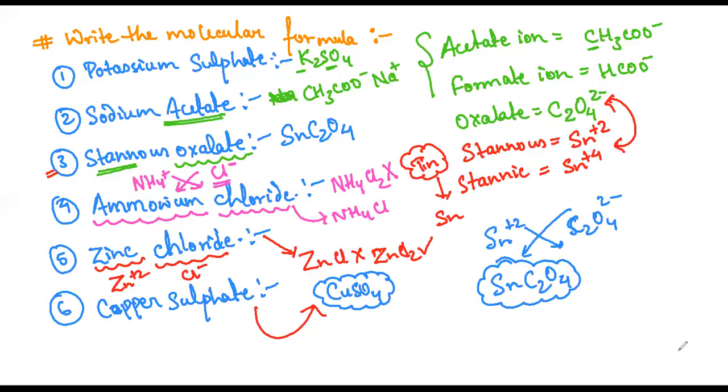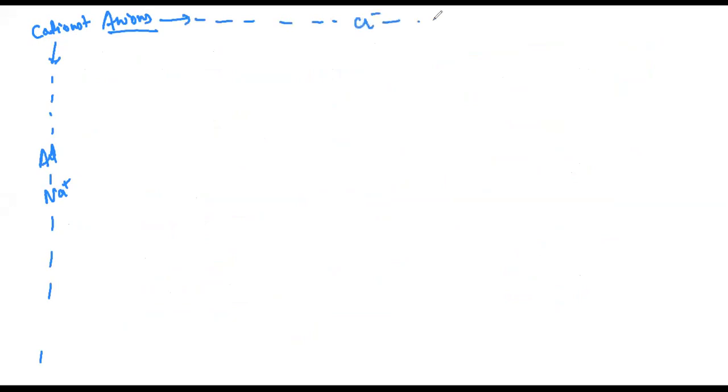So what you have to do, you have to form a table. Here you have to write all the 27 cations which we have written. Let us say aluminium is one of them, sodium is one of them, like this. And here you have to draw a list of anions. So like this, different anions. There will be Cl minus, H minus, Br minus, like this. All the anions. Okay? Okay, sir.